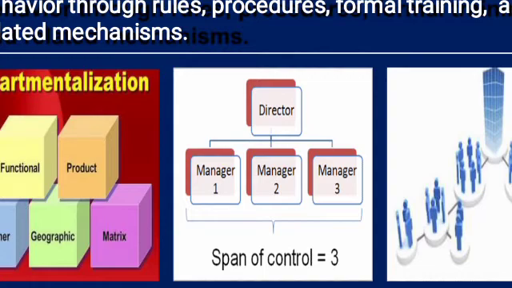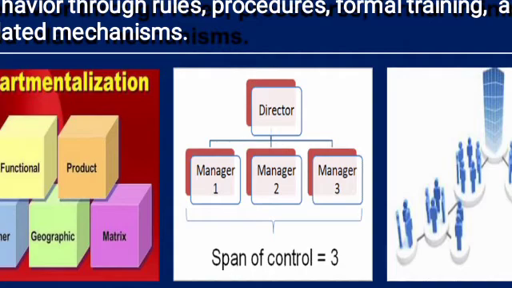Like that one, we are dividing based on the functionality, what product you are going to make, the customers you are going to face, the geographical area, and the flow of control. There we are dividing that work into departmentalization. Next one is span of control. The number of people directly reporting to the next level is called span.